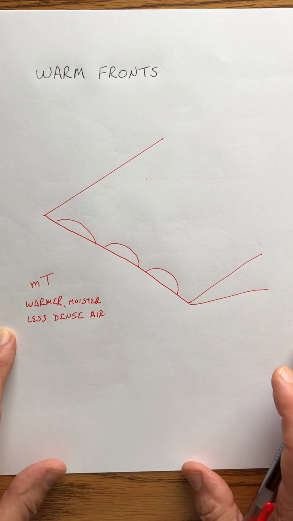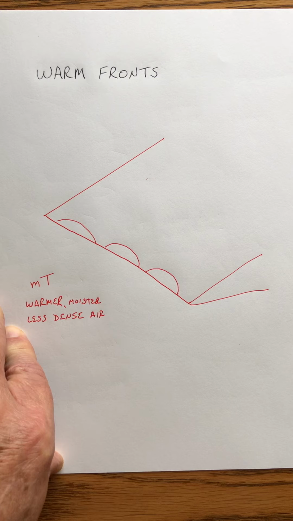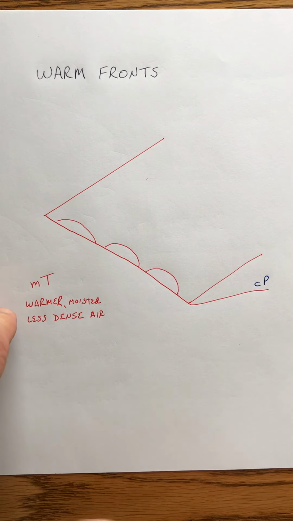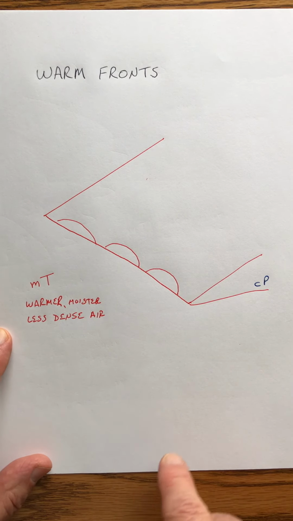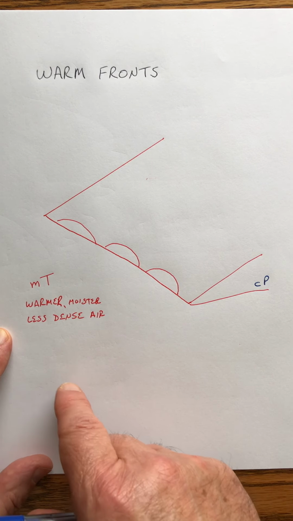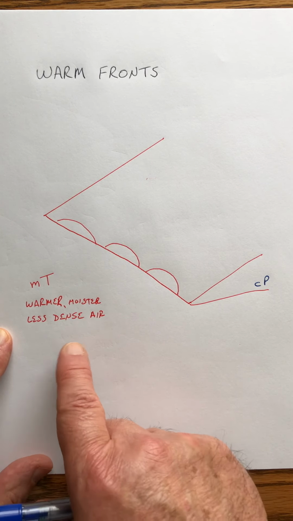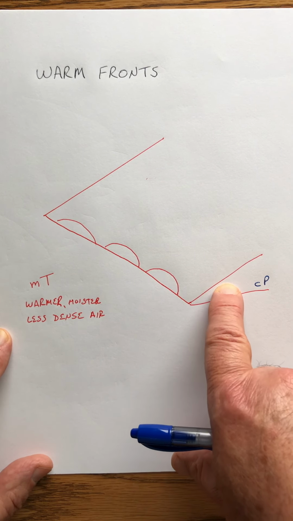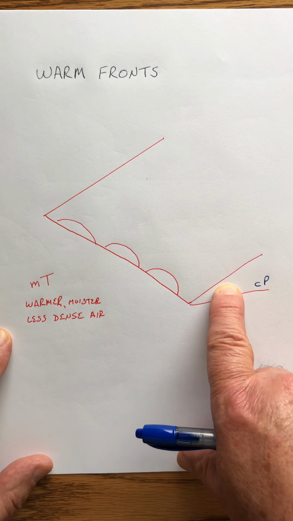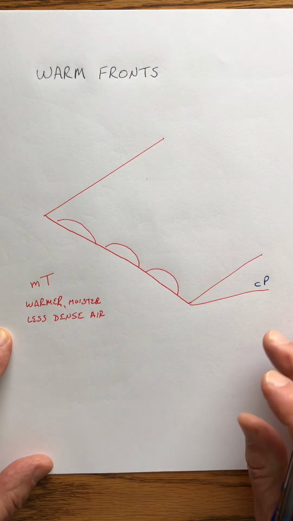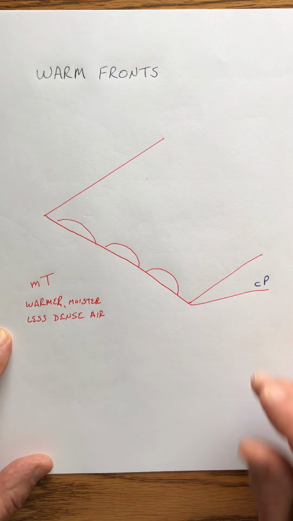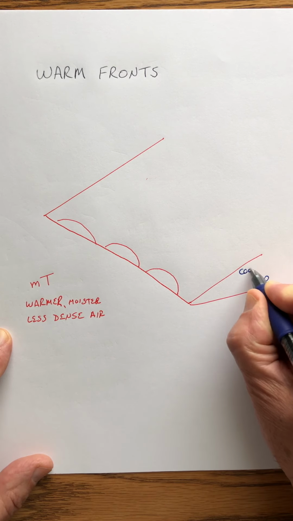Now remember, we talked about before, this is the tail edge of a continental polar air mass that is retreating out into the Atlantic Ocean. So typically this is in the eastern one half of the United States. You got warm, moist air from the Gulf of Mexico doing the advancing, and it's advancing on the tail end or tail edge of a retreating continental polar air mass that's heading out towards the east or northeast over the Atlantic Ocean. Being continental polar air, this is going to be cooler, if not cold,